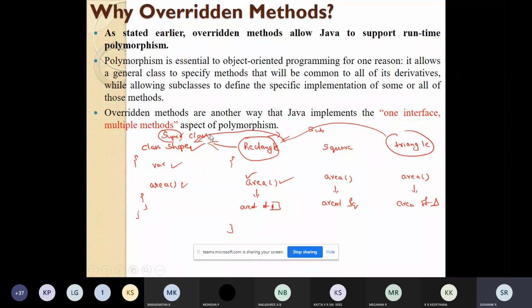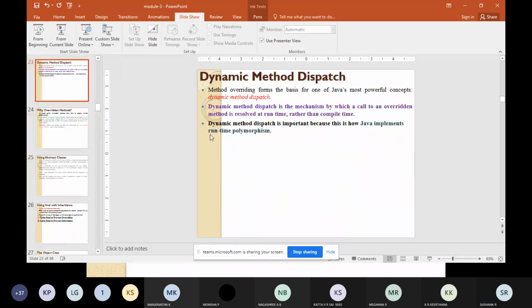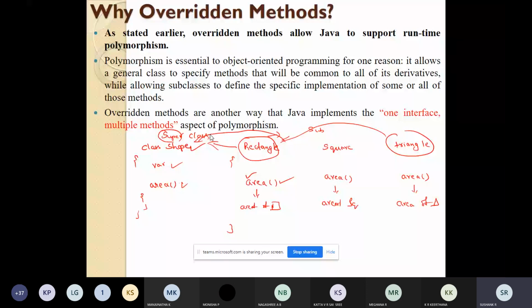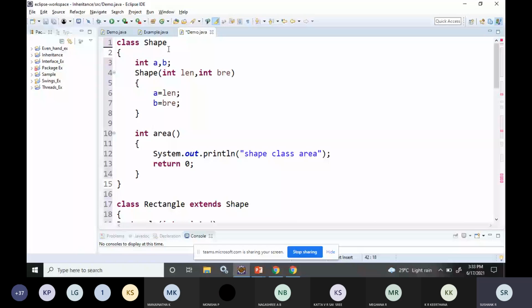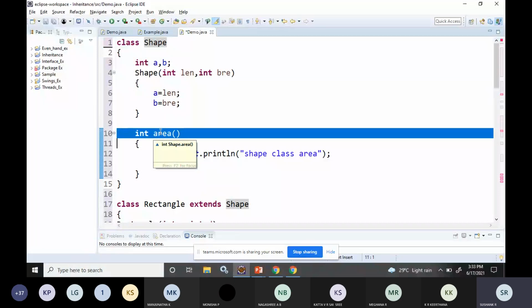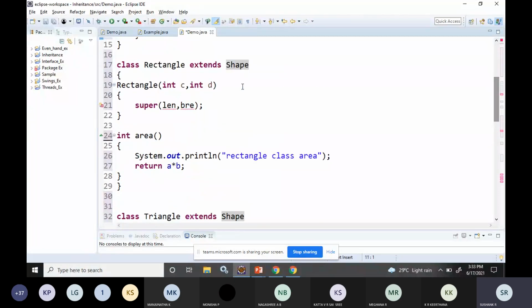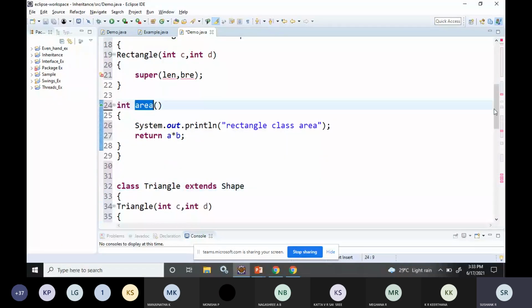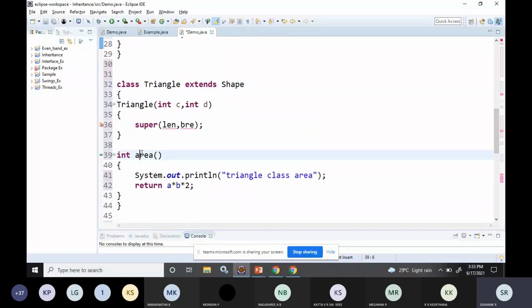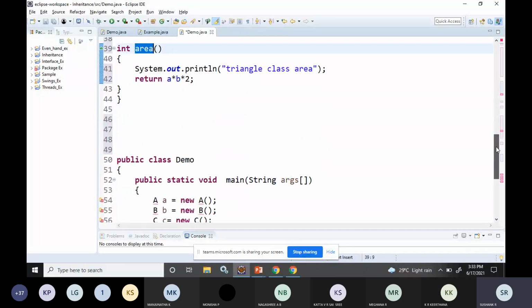That means we have one superclass called shape with a function called area, and two subclasses called rectangle and triangle. Both are subclasses of the superclass shape, and these two classes also have the function called area. So this is regarding the subclasses.